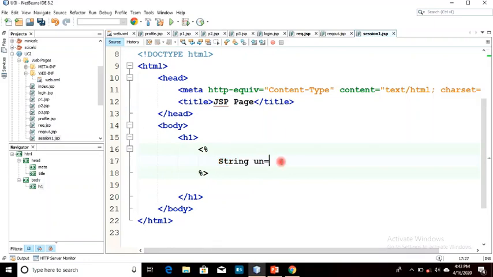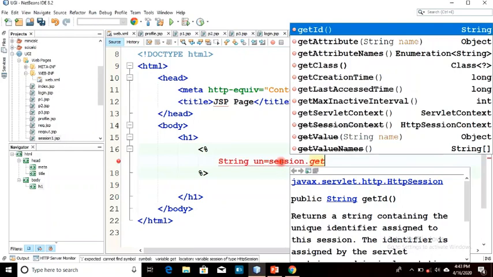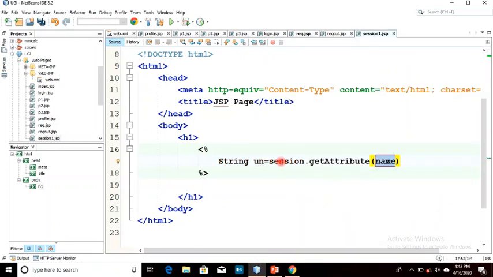So I will get the value with session.getAttribute, and the name of the session variable is user. Let's check it.